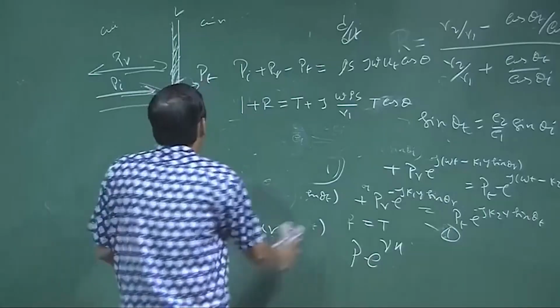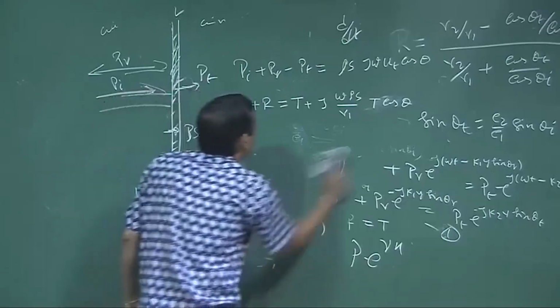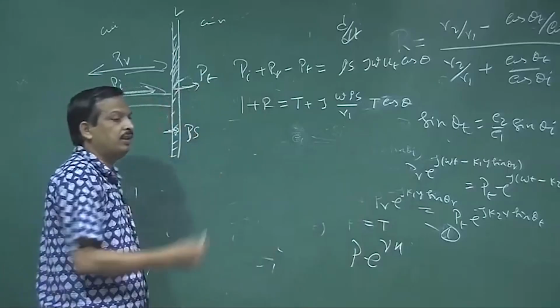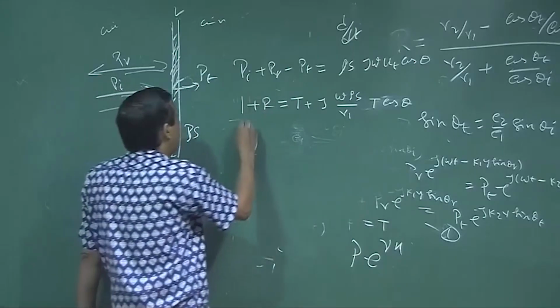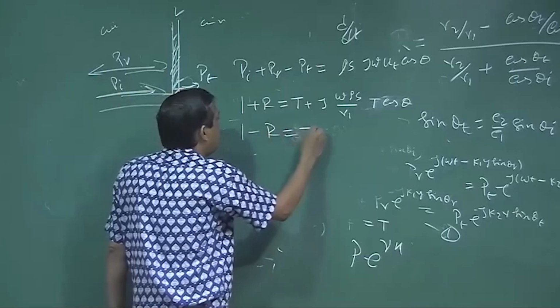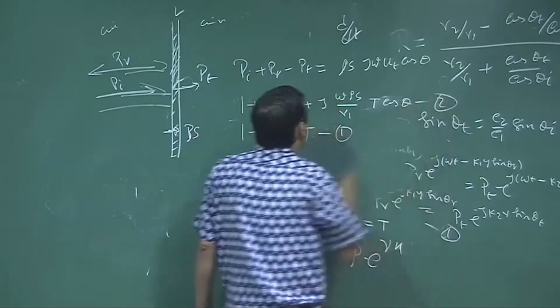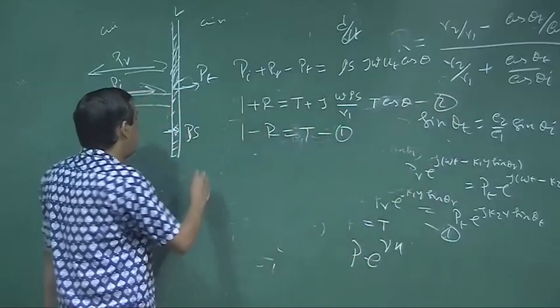Okay. Now, forget about this equation. So, 1 plus RT is equal to this thing. So, from there 1 minus R is equal to T. So, using this equation, this is 1 and this is 2, I can calculate T, and then I can calculate